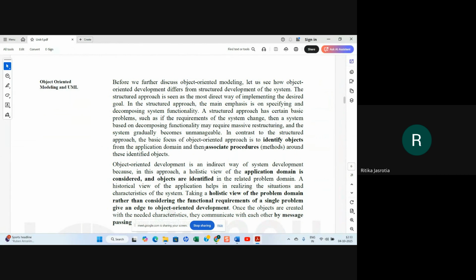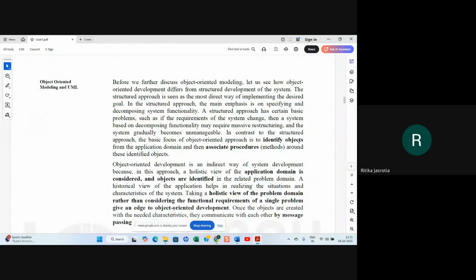In contrast to the structured approach, the basic focus of the object-oriented approach is to identify objects from the application domain and then associate procedures or methods around these objects. The benefit the object-oriented approach gives you is that you are not talking about functions first, you are talking about objects. Objects are real-world entities, and they are the basic building blocks of the object-oriented approach.